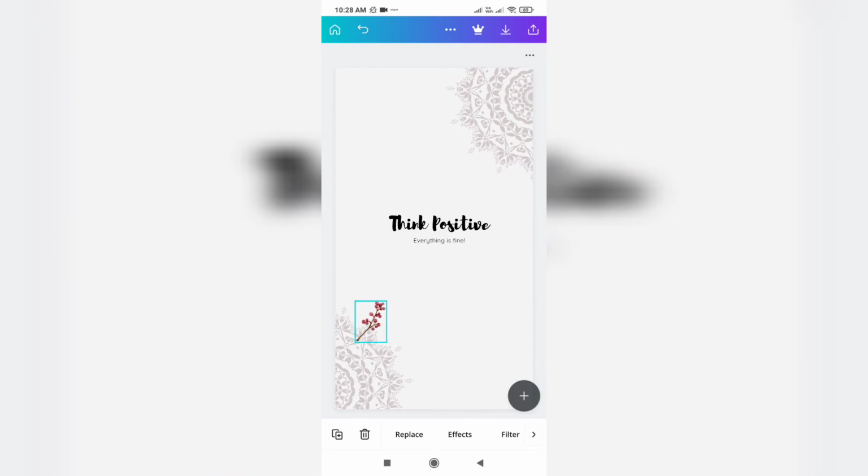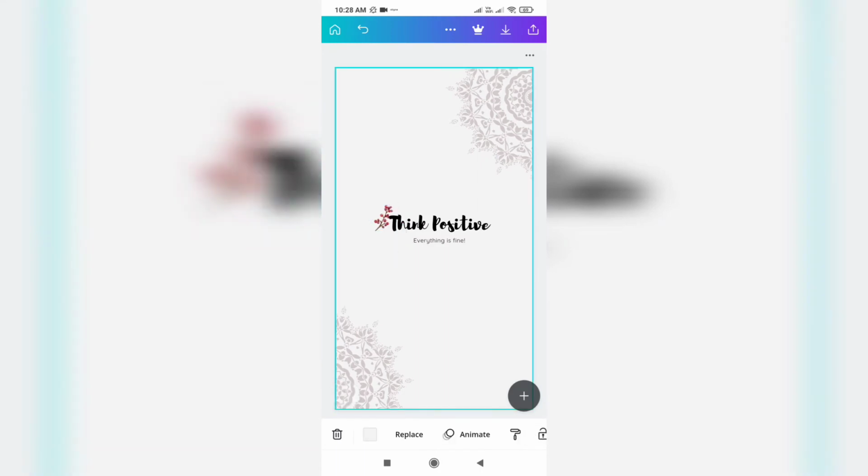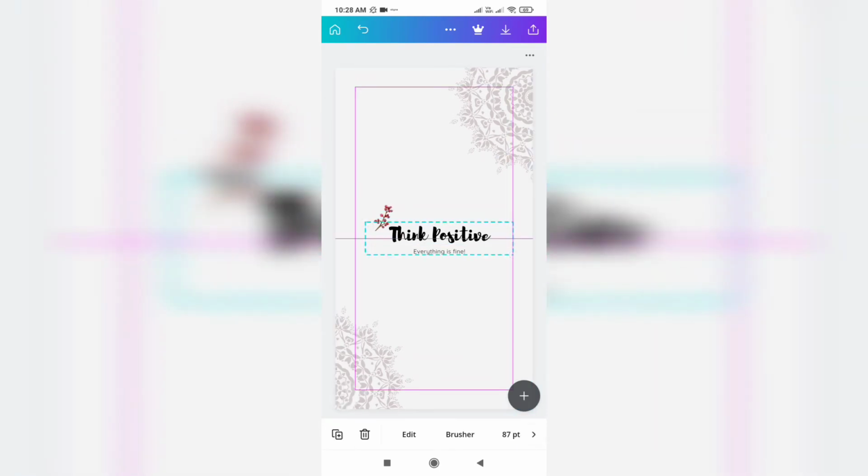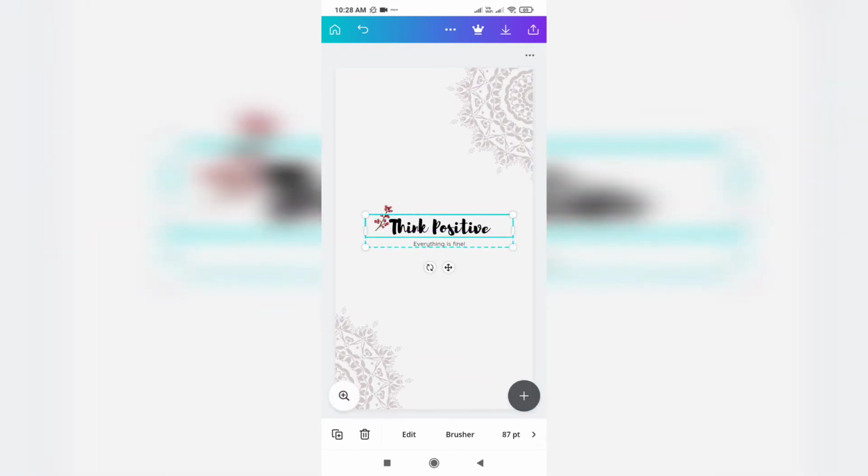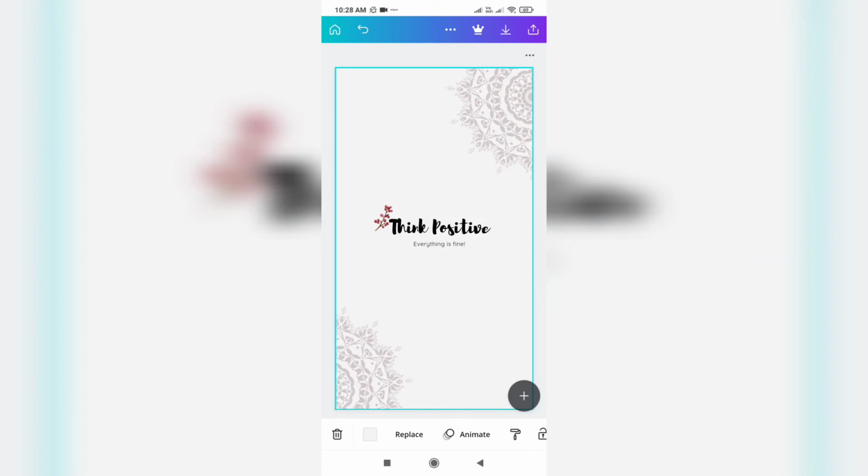flower or a grape thing, I don't know what it is, so it looks pretty. It's contrasting to the white background, and so I'll just position it over here. And this is one clean wallpaper. You can adjust the text like this. So how is it, guys?